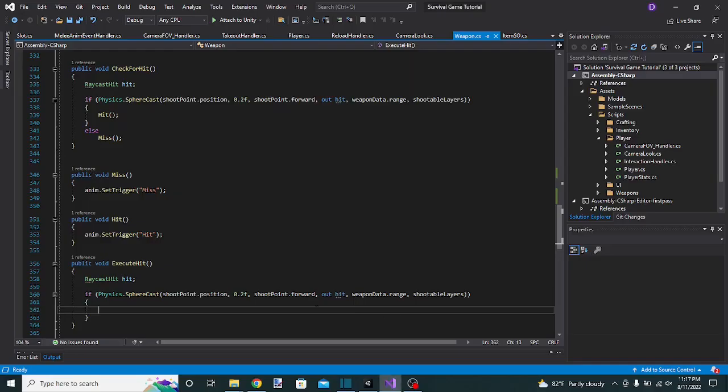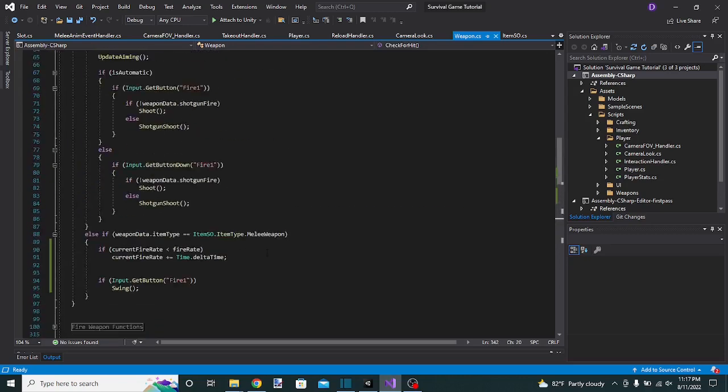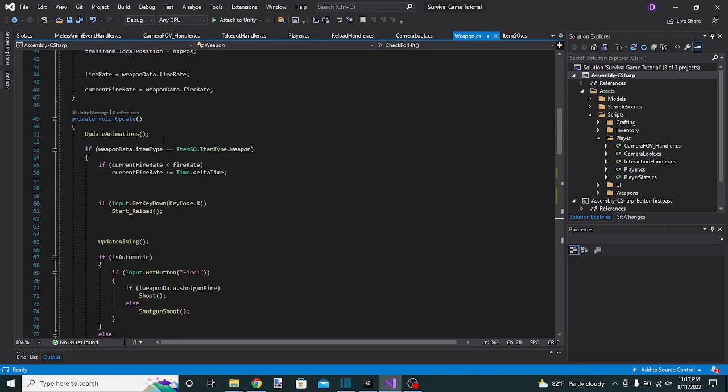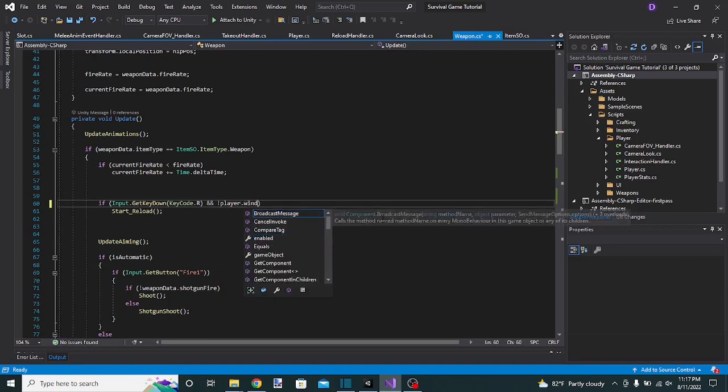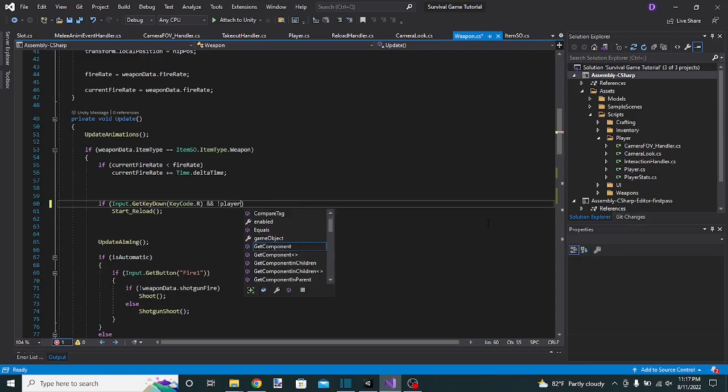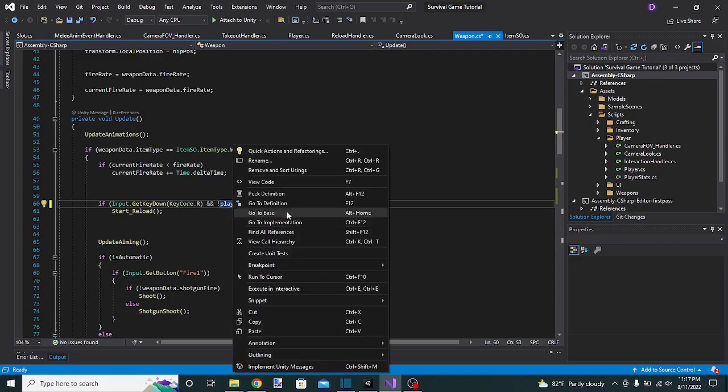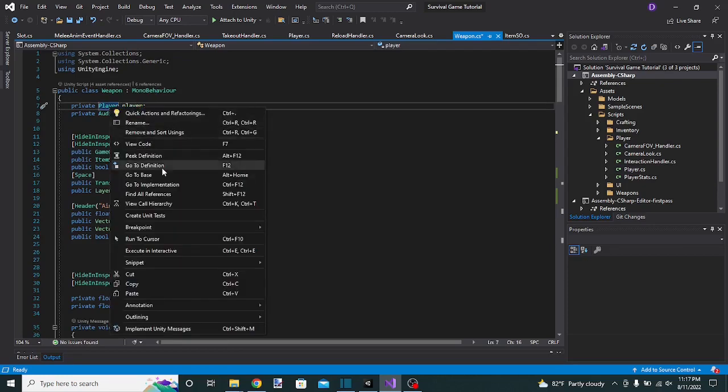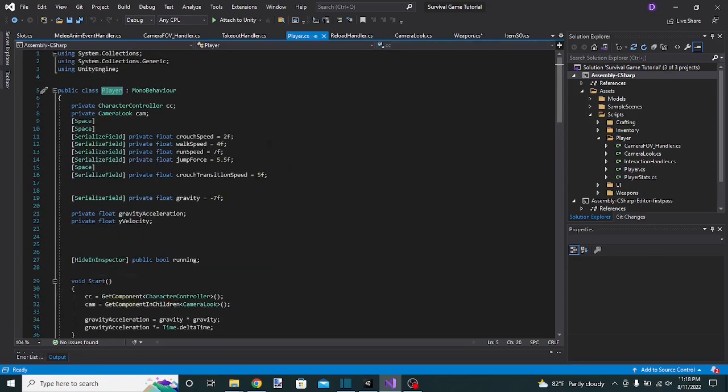Although we're going to go ahead and fix the bug where we can shoot with the inventory open. So over here in the R key, I'm going to add a check, so if not player.windowHandler. Okay, what am I getting on the get component? Actually, wait, no. I'm gonna go to the player definition and go into player, because we should have a window handler. Okay, we don't have a reference to a window handler, so let's go ahead and do that because that's gonna ease our work. So on the player script up here, do a